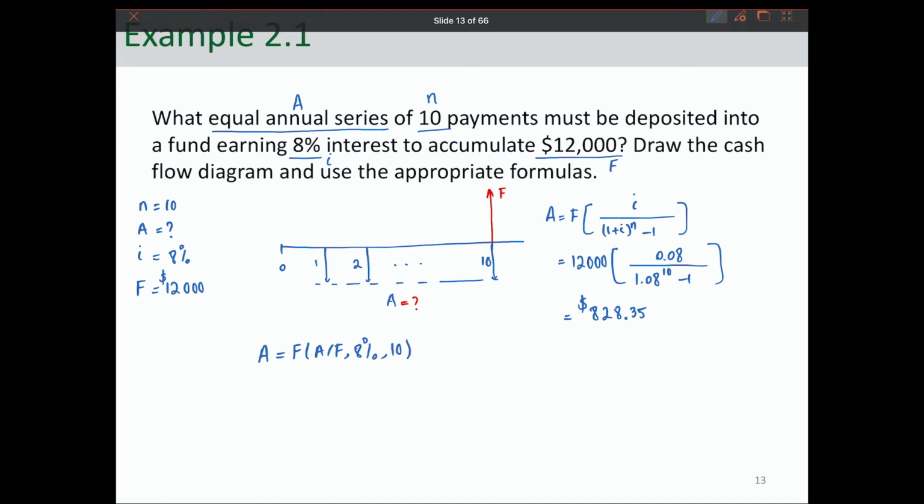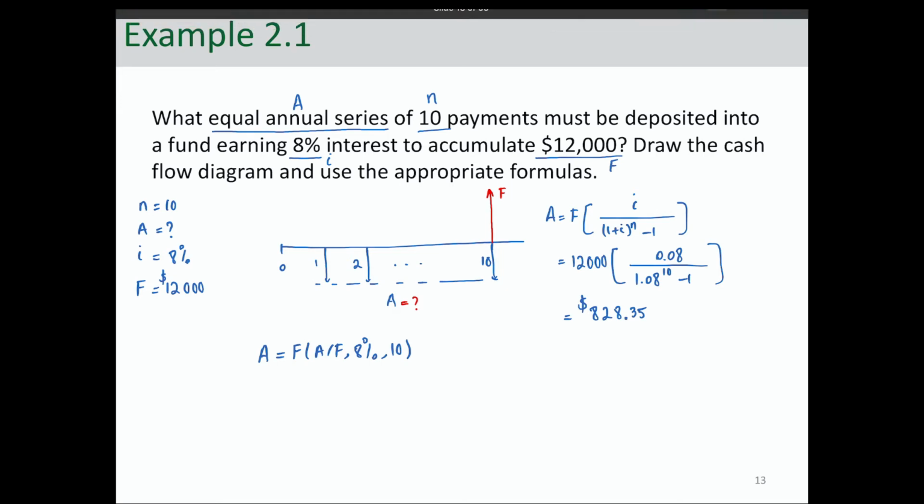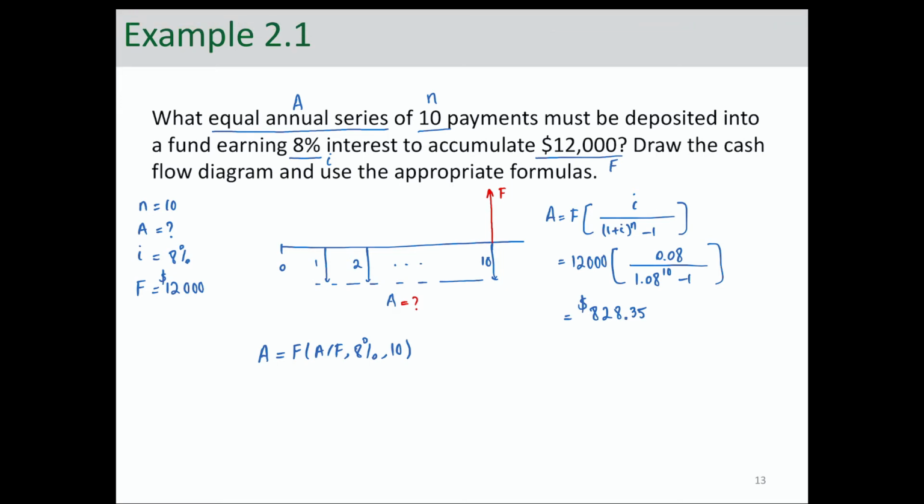So if you go to the factor tables at the end of the book, or use the slide deck that I posted on Blackboard, you can read this factor from the table. When you go to the 8% table and look at the row of n equals 10, you can read the A given F factor, and that's equal to